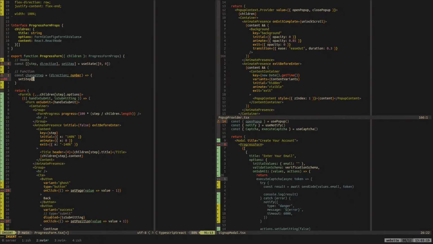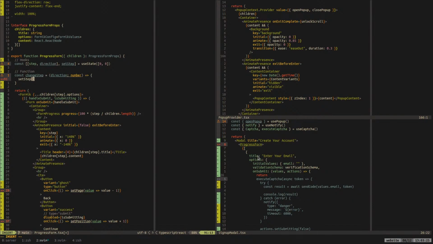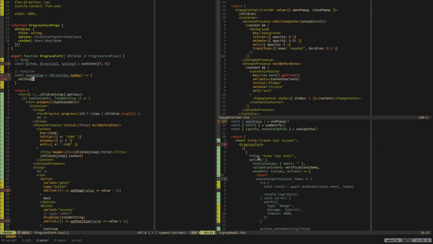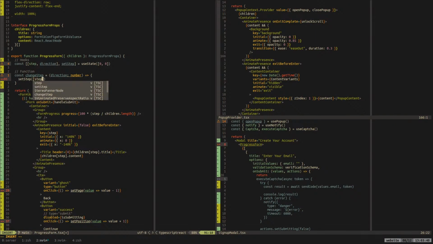Okay, set step. Stuff like that basically. Page, direction, but we're going to do step. Oh, they do step plus direction, and then direction.